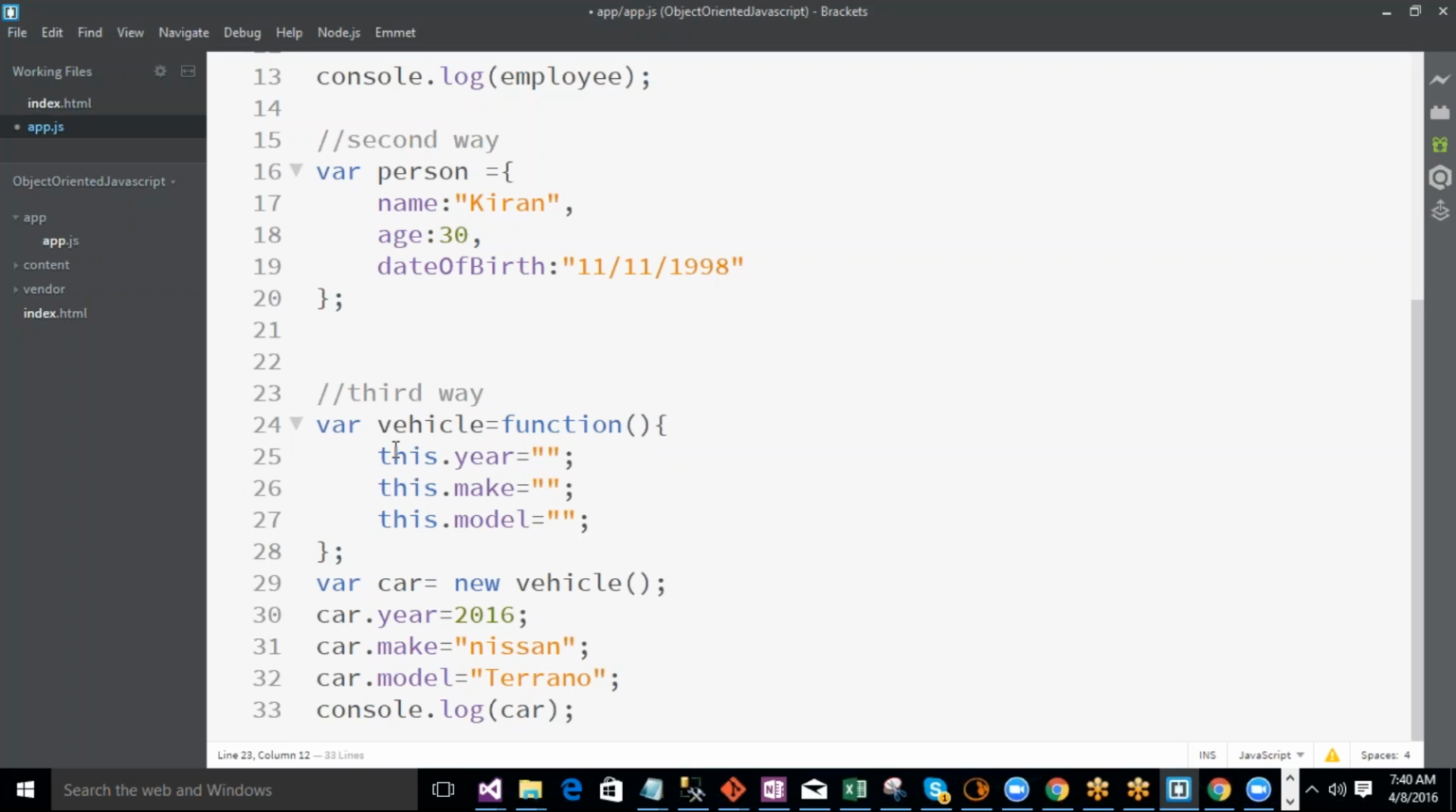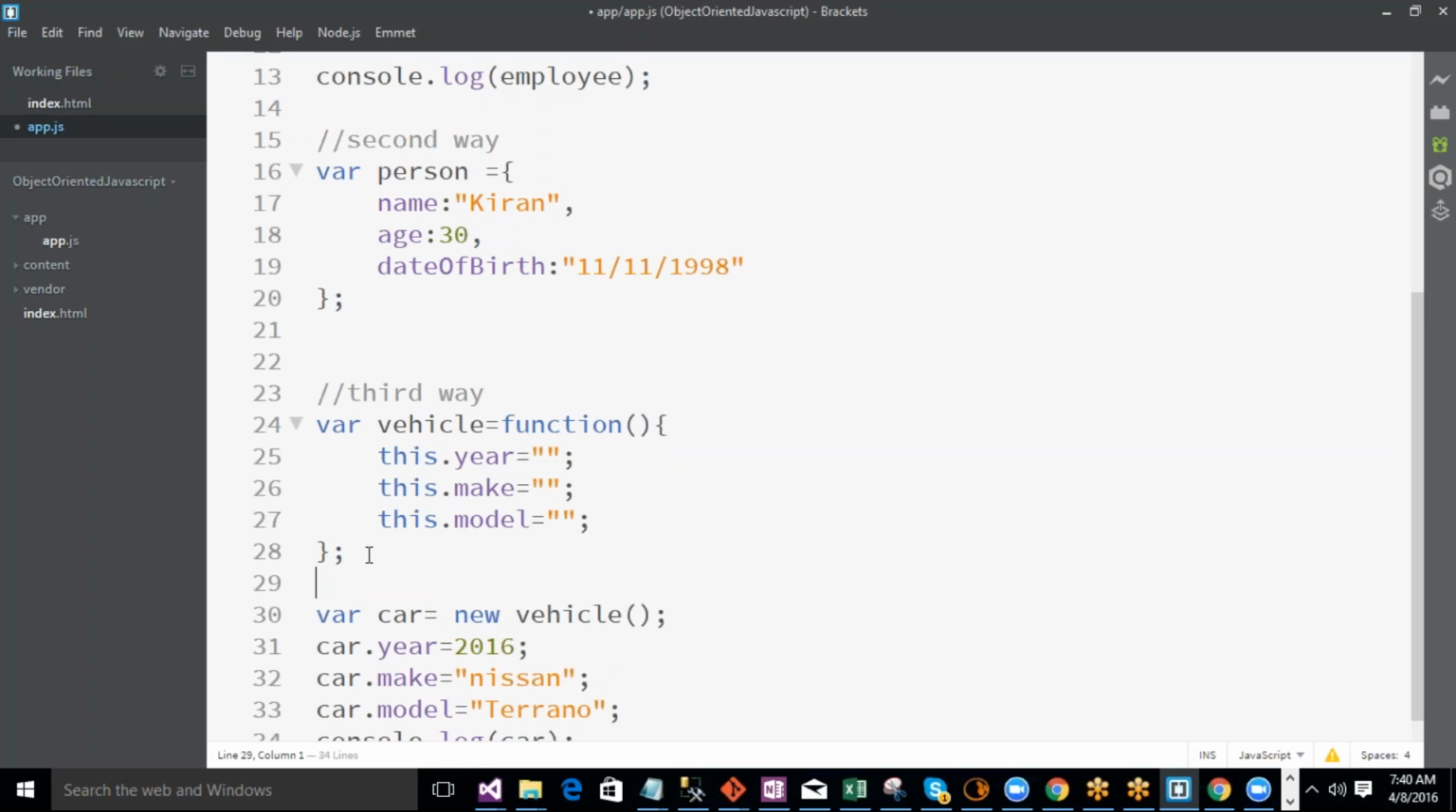Let us try to understand what is this keyword here. In any context, whenever you are finding this keyword, first you need to understand the context of that keyword. In this particular scenario, the context is the vehicle object. That means the function which is